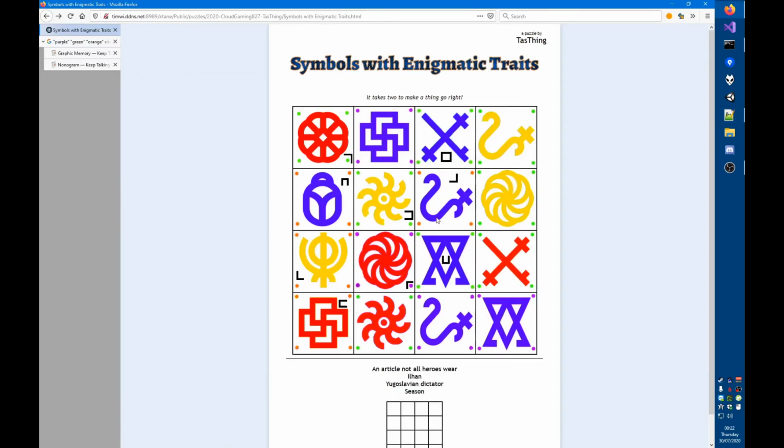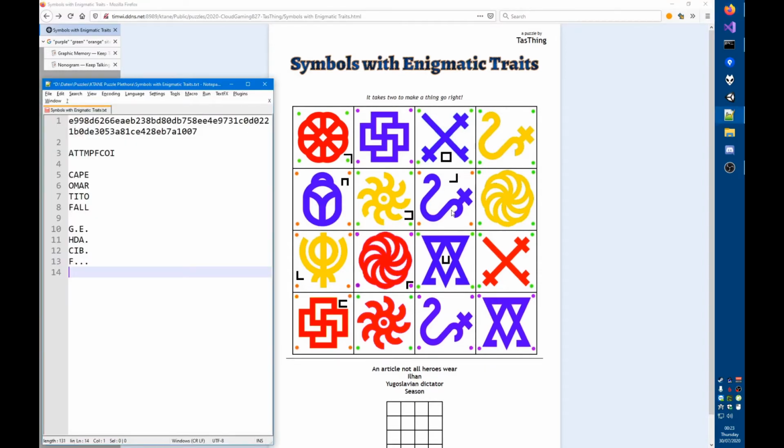Okay, so let's take a look at the one that... Right, we already did look at the one that's in A, so I did form a set with these. Yeah, I really need to figure out what these symbols mean. Otherwise... Yeah, that seems to be crucial to this puzzle. It takes 2 to make a thing go right. Well, maybe this is telling me that there are really only 2 criteria, which is the color of the symbol and the color of the dots around the symbol, but I strongly suspect that there are too many sets with that.